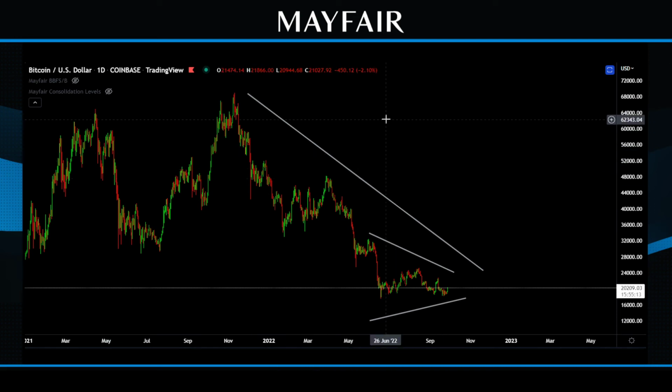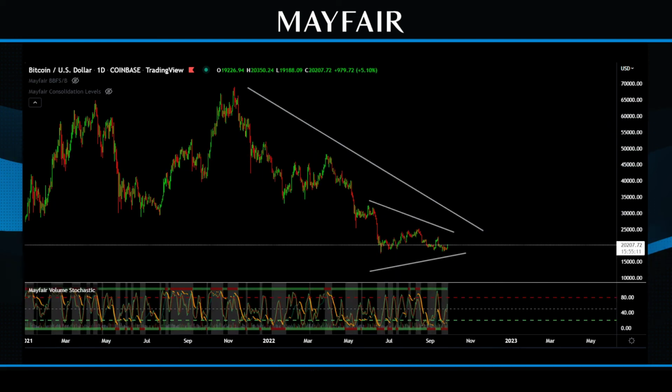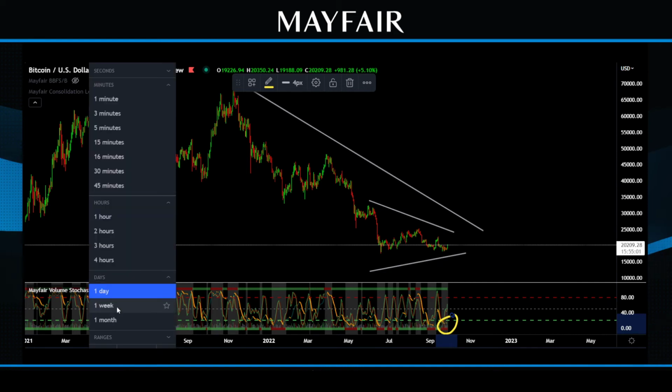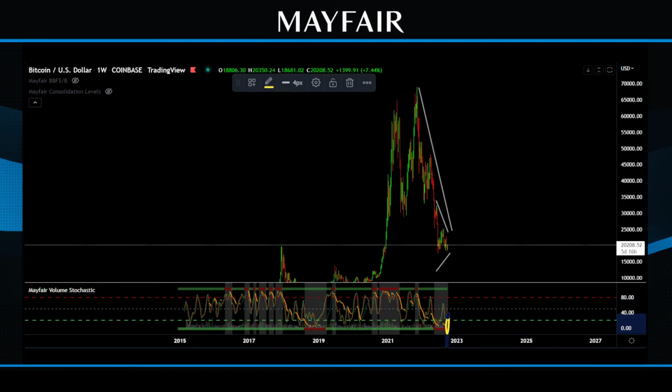If I stick on the stochastic, we still have a false bar on the daily. Let's go into the weekly. In the weekly, we're actually down relatively low, but we also have a false bar. Okay, so I'd love to see a little move on up, right? And that little move on up, even if it is into liquidity or up to the next auction area, right?